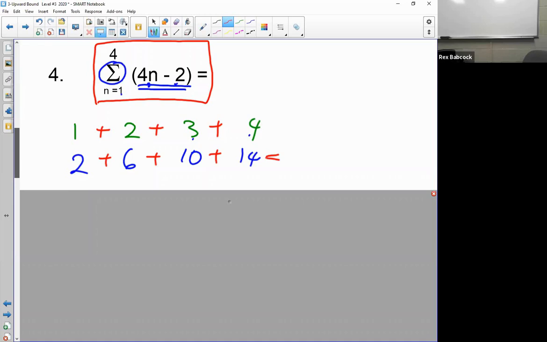And then I'd add those all together. That's 8, 18, 18, and 14 are 32. Now,